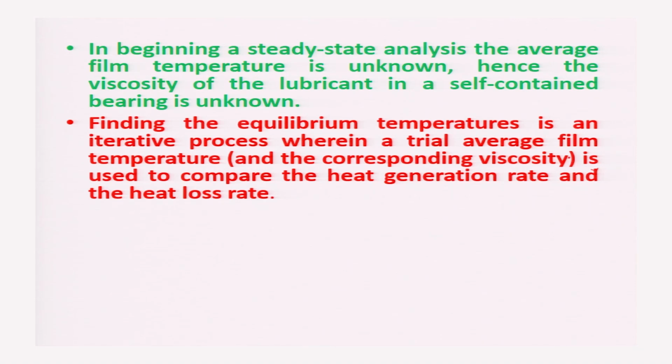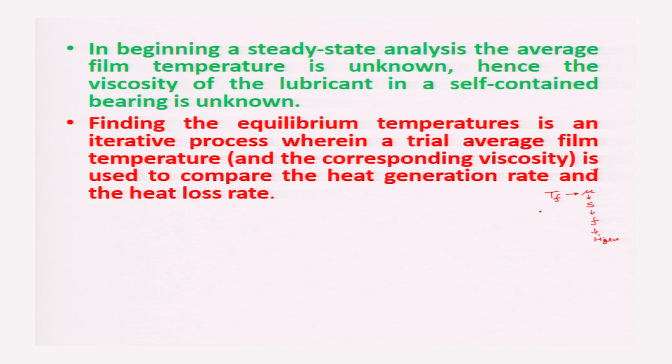So, in this case what we do is we just assume a value of average film temperature TF, okay, and from this TF we get the value of mu, and from that we get the value of Sommerfeld number, and then from this Sommerfeld number we get the coefficient of friction, and knowing the value of W, knowing the value of R, the shaft radius, we get the heat generation H in or heat gen dot, okay,